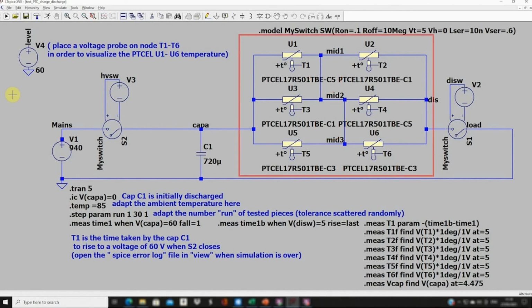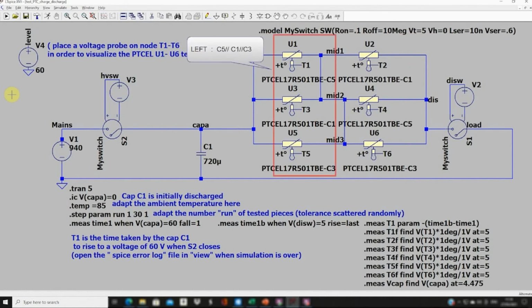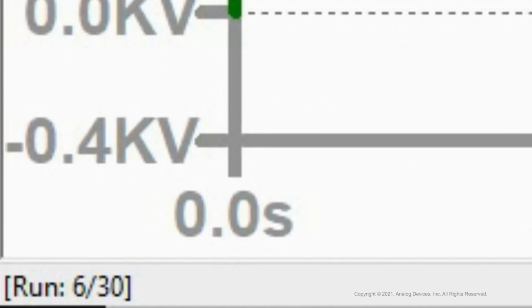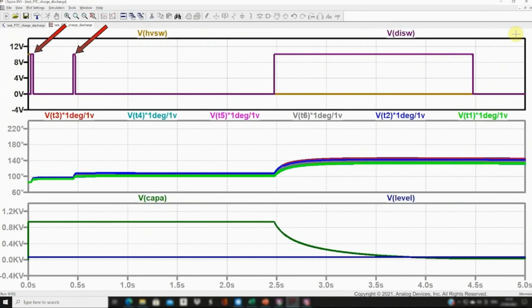The first PTC network that is presented here is balanced because the total resistance on the left part is identical to the one of the right side, and the 6 PTCs are connected with each other through these connections. The simulation can begin now. We have recorded it first in real time, as the computation process goes very fast. In the upper pane, we see that when the charge and discharge switches are open simultaneously during short times, the